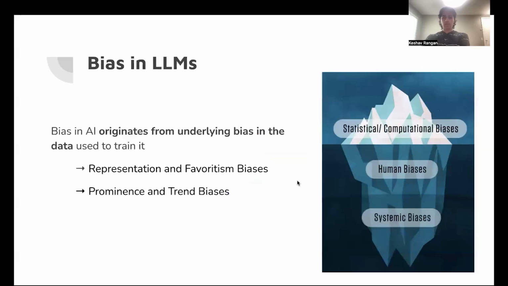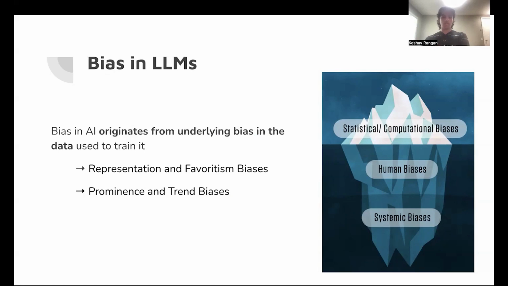Now let's shift our focus to bias. In the context of LLMs, bias occurs when the model's outputs unintentionally reflect social prejudices. The potential harms of bias in LLMs are significant. They can perpetuate stereotypes, lead to discriminatory practices, and worsen existing social inequalities. As depicted in the figure on the right, although statistical and computational biases amplify prejudice,